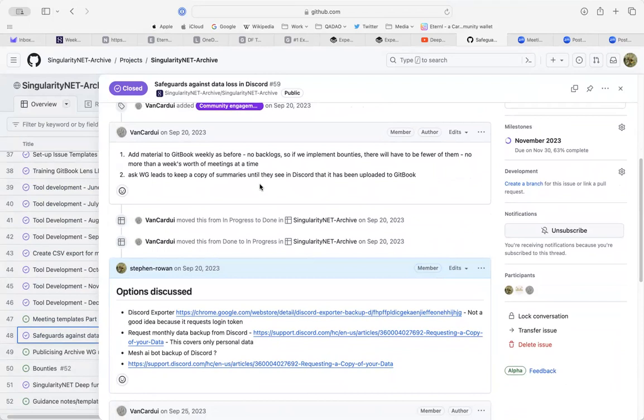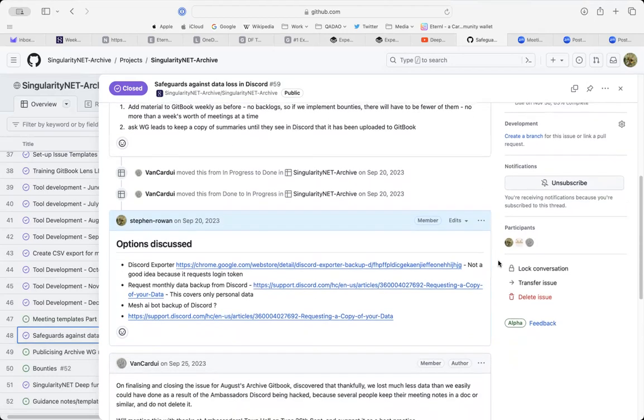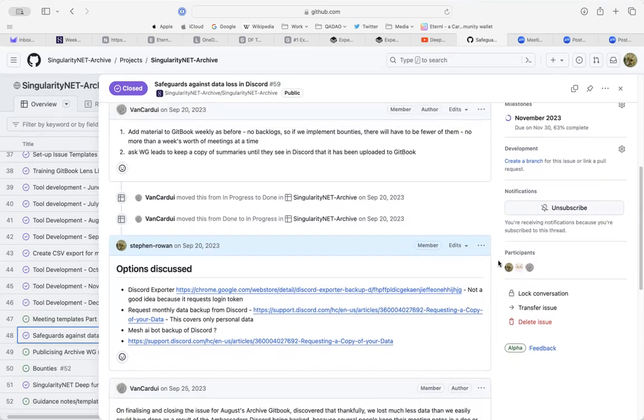But that comes back to our ongoing effort of how to archive. Hopefully it won't be an issue anymore now that we're working with the tool, because that is where the summary is held and it posts it to Discord. So if we lose the Discord thread again, the source is still there. Yeah, that's another part I'm not so worried about.